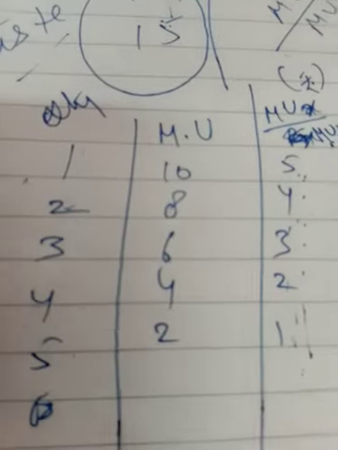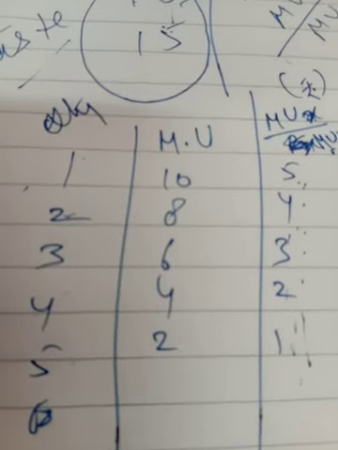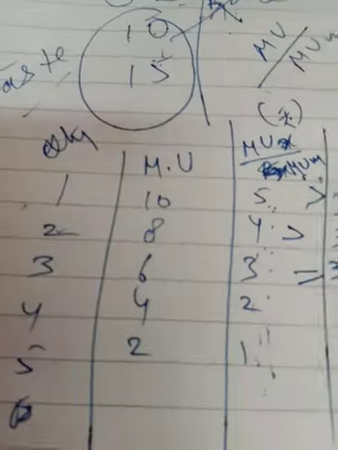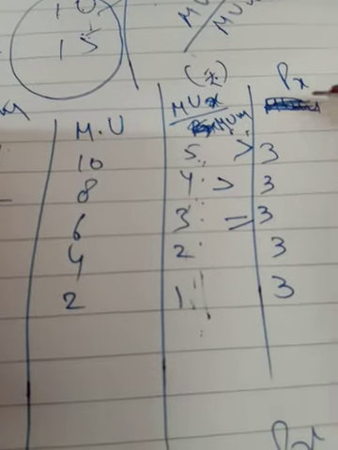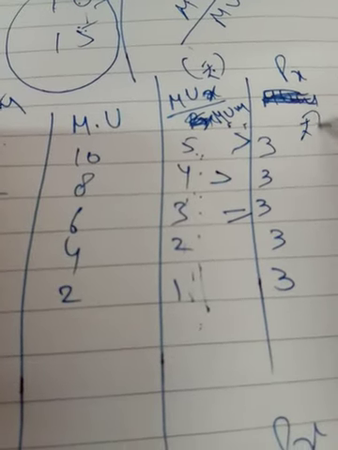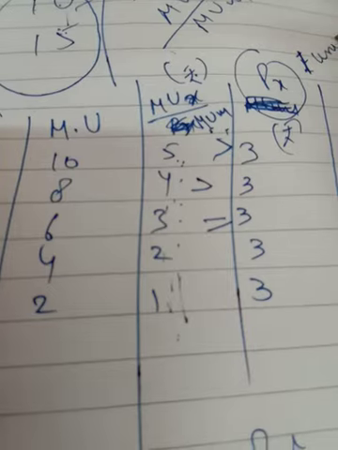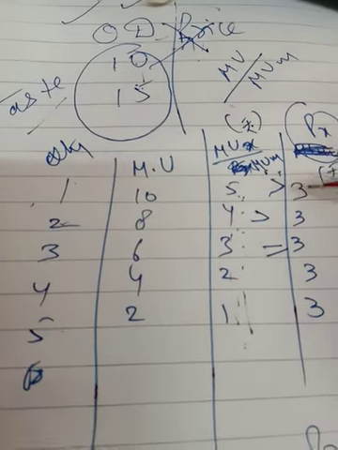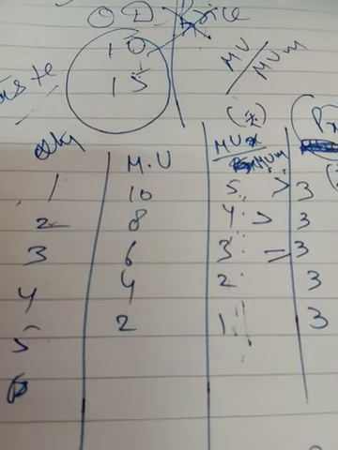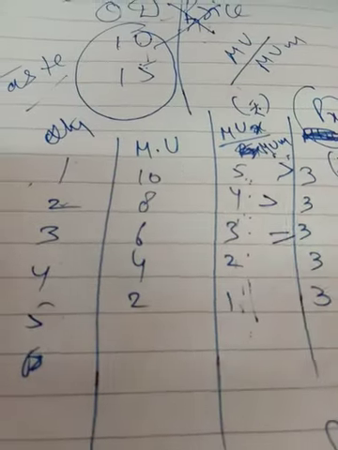Suppose marginal utility is more than price here. Then the consumer is going to buy, and at this point the consumer wants to stop consumption, because the price is rupees 3 here. As you know, price is given per unit, so the price of 1 unit is rupees 3. Now he is getting more satisfaction, so he will go on consuming, and at the third unit he will stop. That is the consumer equilibrium over there.